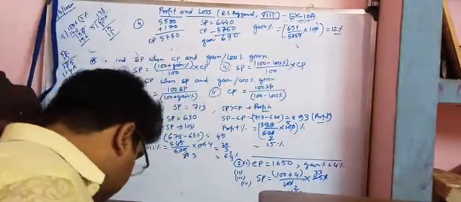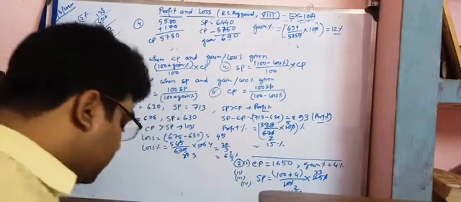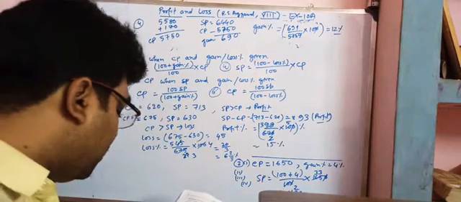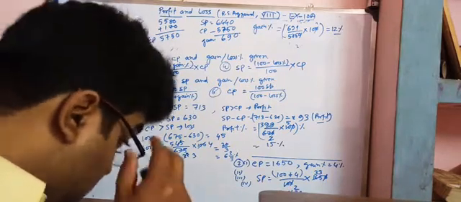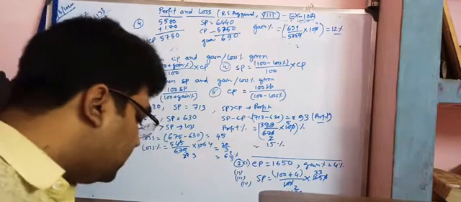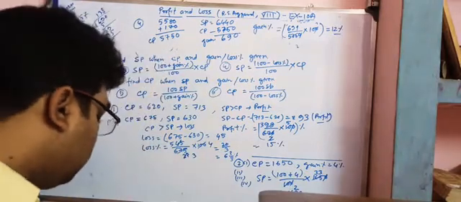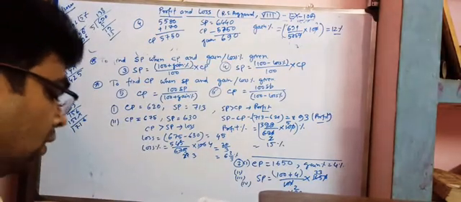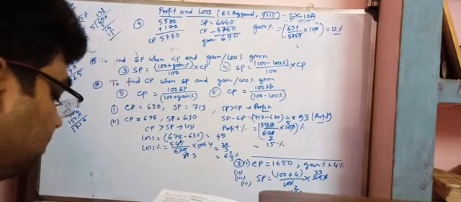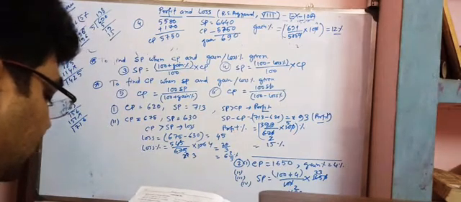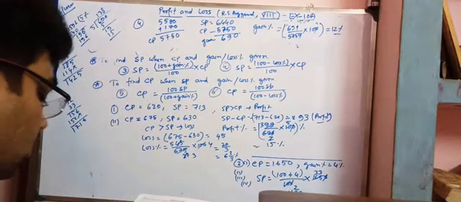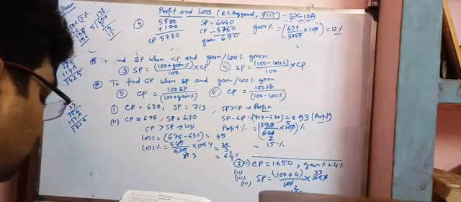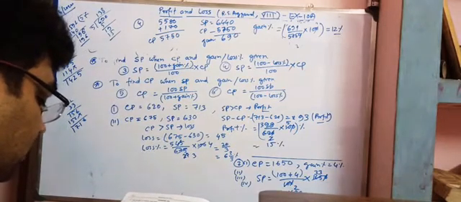Okay. So next, let us move to another question. Question number 5, the hint is given. So hope you will understand the process and try to do it at home. That is your homework. Next, come to question number 6. Hari bought 20 kg of rice at rupees 18 per kg, and 25 kg of rice at rupees 16 per kg. He mixed the two varieties and sold at 19 per kg. Find the gain percent in the whole transaction.